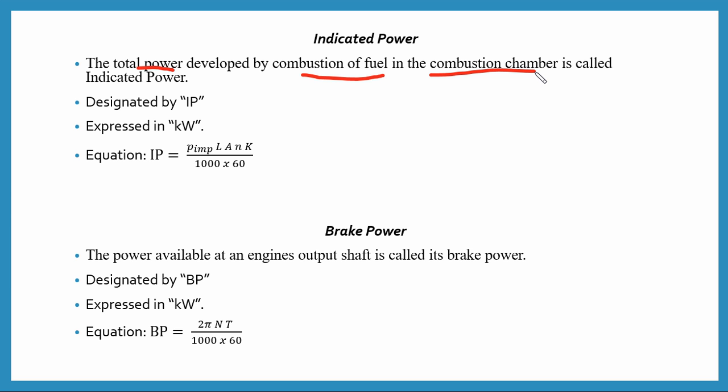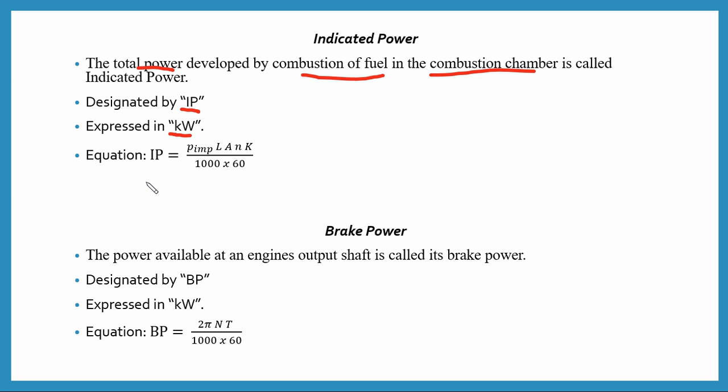That power is called the indicated power. This indicated power is designated by IP and it is expressed in kilowatt, or kW. The equation of the indicated power,